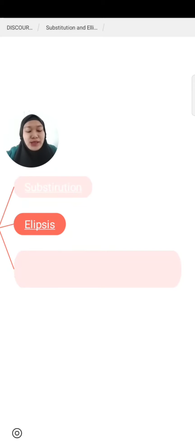Number 2 is ellipsis. With ellipsis, some essential element is omitted from the text and can be recovered by referring to a preceding element in the text. Ellipsis might involve the omission of a noun or nominal group, a verb or a verbal group, or a clause. What is the difference between reference, ellipsis, and substitution? The difference is that reference can reach a long way back in the text, whereas ellipsis and substitution are likely limited to the immediately preceding clause. With reference, there is a typical meaning of co-reference.